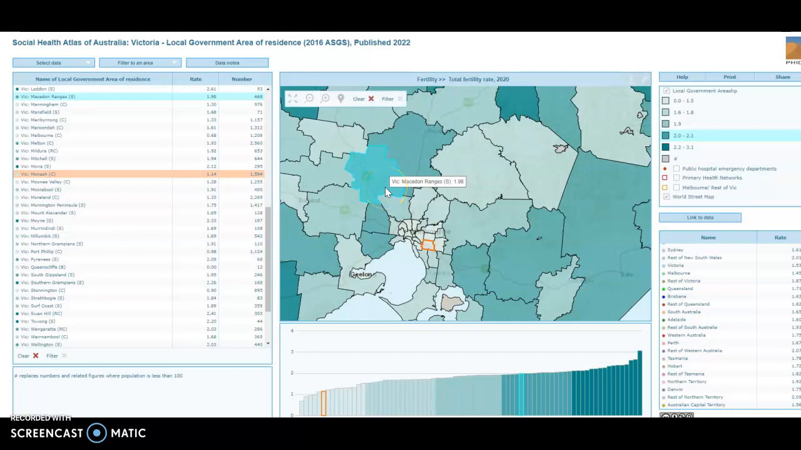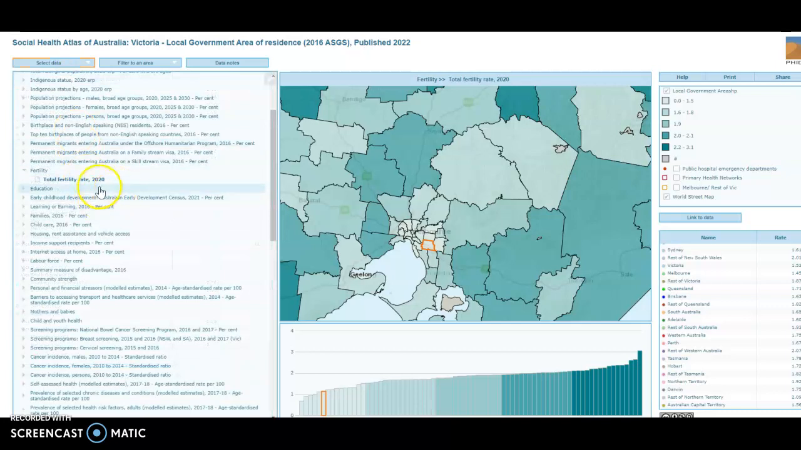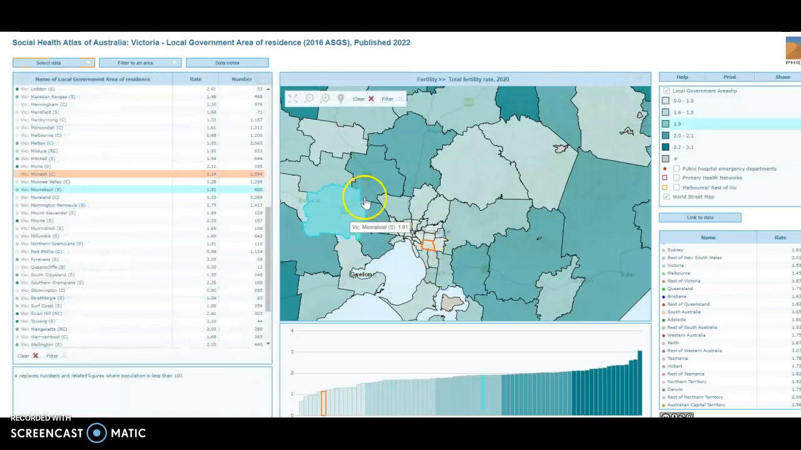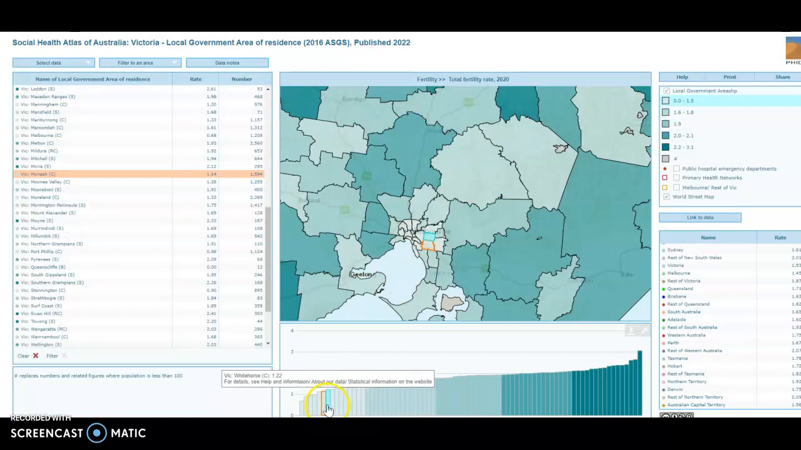So looking at the Social Health Atlas will give you a way of investigating some data about your LGA. So for Monash, and I'm looking at maybe Mulgrave within that, if I click on Monash and then select the data, I'm going to look at total fertility rate. I actually already had that loaded up, but what it does is tell you how well it performs compared to all